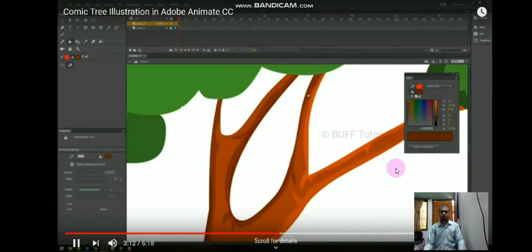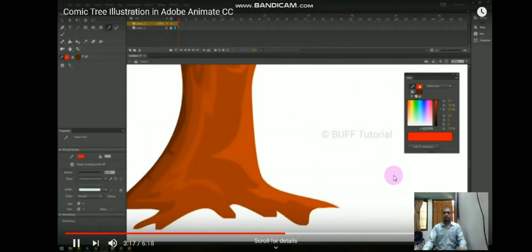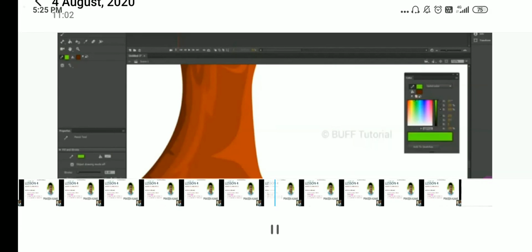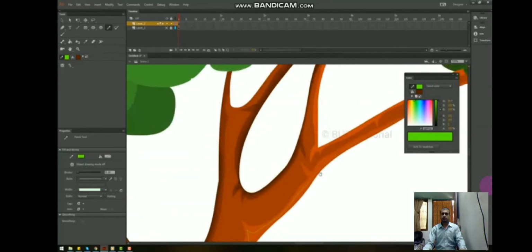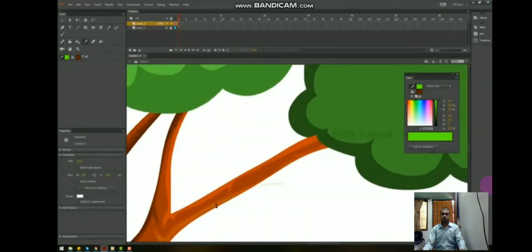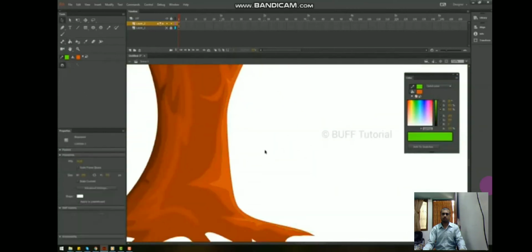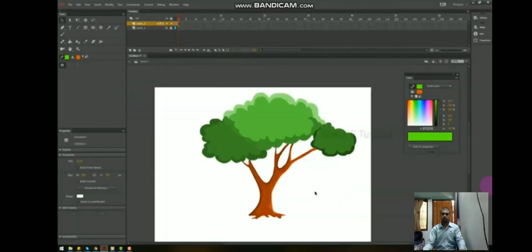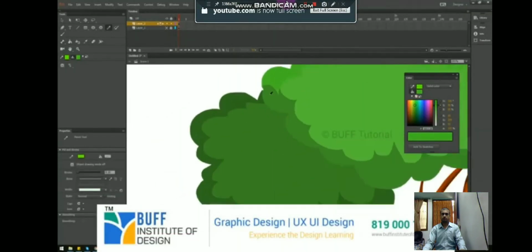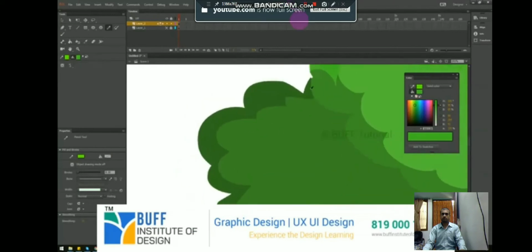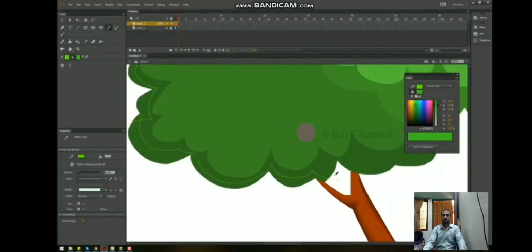You have to design it again and again. I'm doing the same thing, I'm repeating the process again and again. You have to give design to this tree. So you can see here how simply and how easily I have designed this tree with the shades. I'm using the line, I'm repeating this again and again, and I have given a very nice design to it.